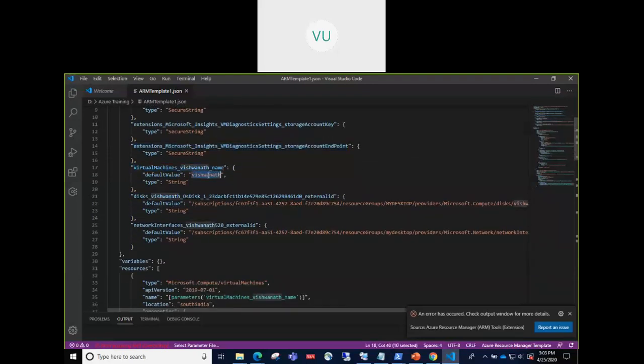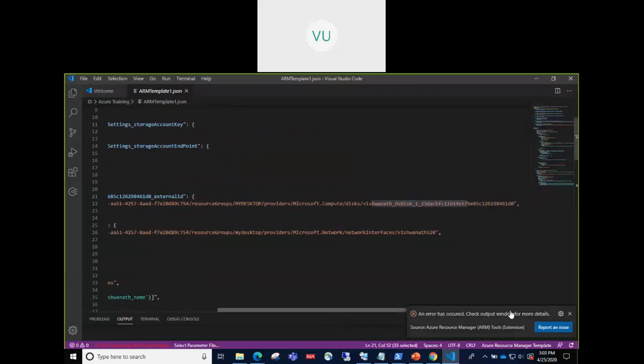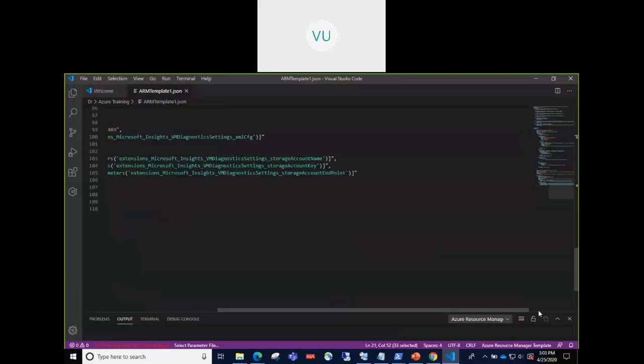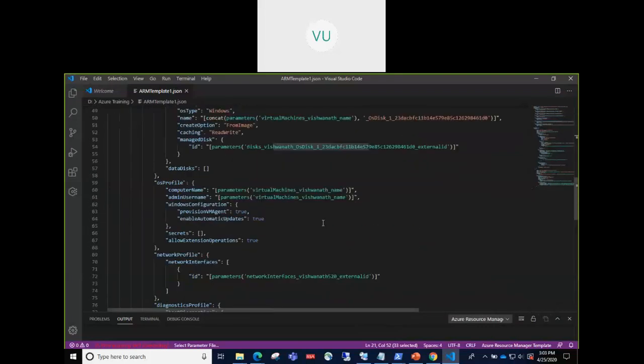The name again, it has a default name, it has given my virtual machine name, and the OS disk, again it has given my OS disk. So these are some things that we need to modify after we export the templates to make them generic so that any user can use this template and deploy a VM.